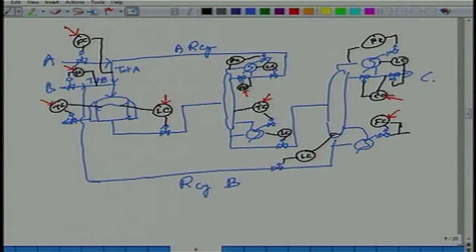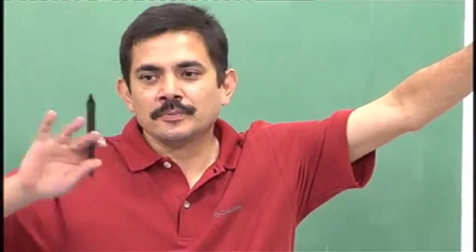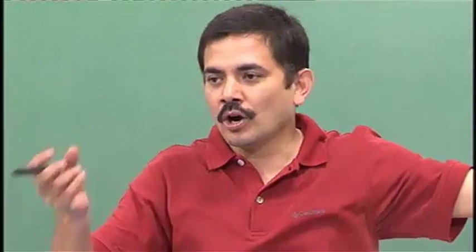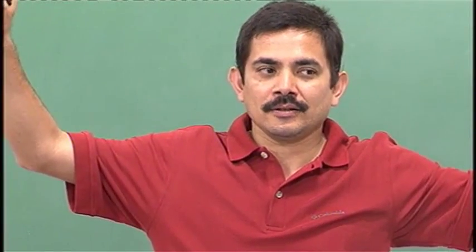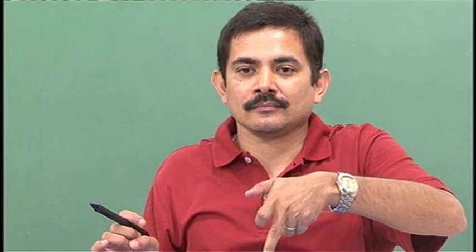But the point is, in this process, are you putting in too much A? The process itself is such that because it is doing an AB separation, A is separated out separately, B is separated out separately. So you know how much A is there and you know how much B is there. Therefore, you don't need a composition analyzer here. The recycle flows are telling you whether you are putting in too much A or too much B.